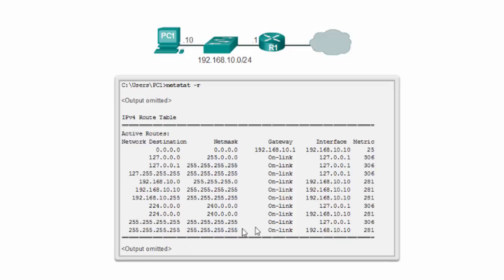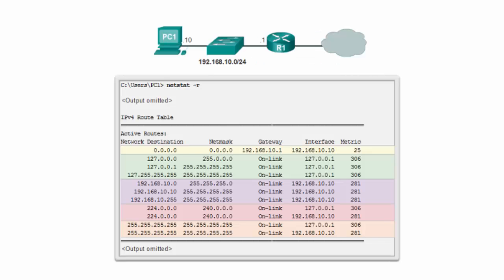So for now, forget about this metric column. To understand the routing table inside the host better, we divided this routing table into 5 different sections. As we can see in the yellow section here, this refers to the default route that PC1 uses to send any packets to any destination that exists on the remote network, which means that this is the default route